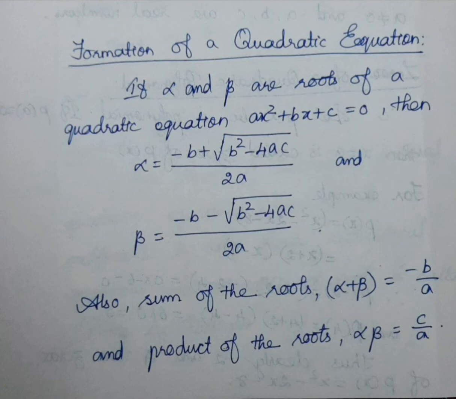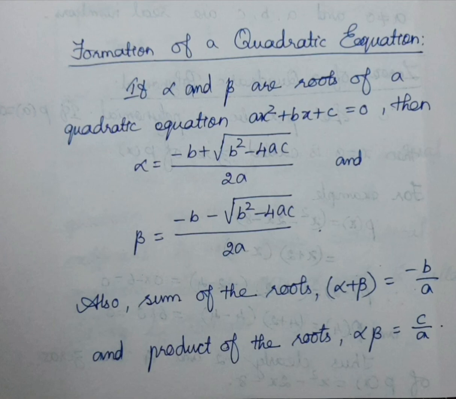Then alpha equal to the first root, minus b plus square root of b square minus 4ac, by 2a, and beta equal to the second root, minus b minus square root of b square minus 4ac, by 2a. Okay, so we got 2 roots using the formula. So when you are finding the sum, when you are adding these two values, simplify that. All the simplification is given in the book, if you need you can see, but just learn the sum of the roots. Okay, so when you are adding alpha and beta, you will finally get minus b divided by a. Okay, so you learn sum of the roots equal to minus b by a.